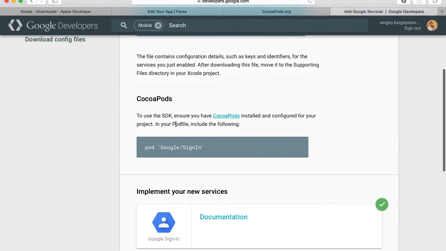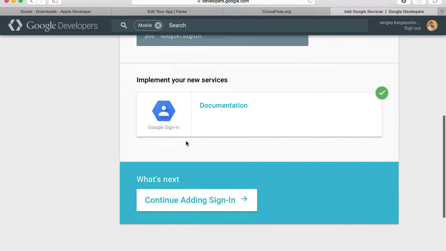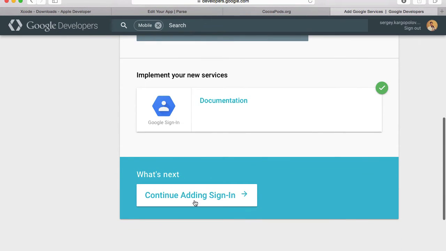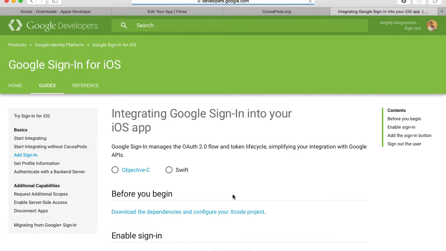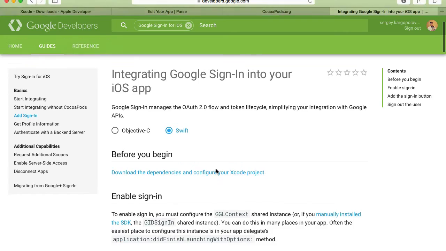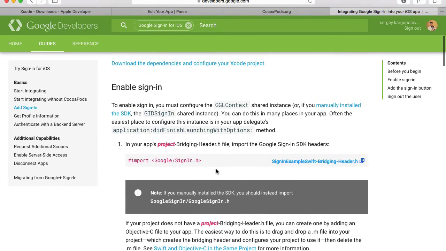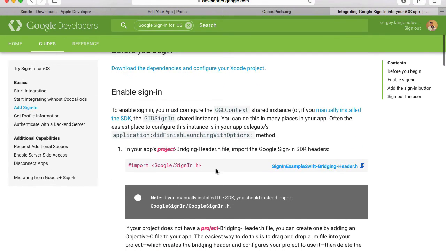Now, the next step for us is to just continue adding sign in. Click on this button. So let's choose Swift instead of Objective-C, because for our application we use Swift. And scroll down a little bit. And the first step for us now is to add this line, import GoogleSignIn, into our project's bridging header